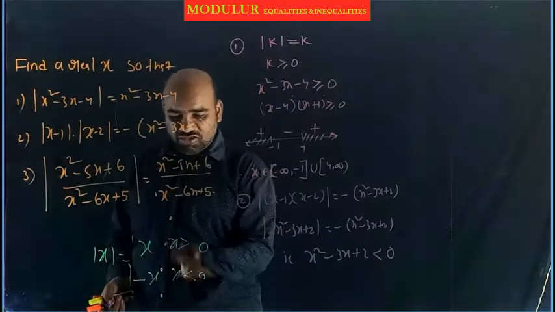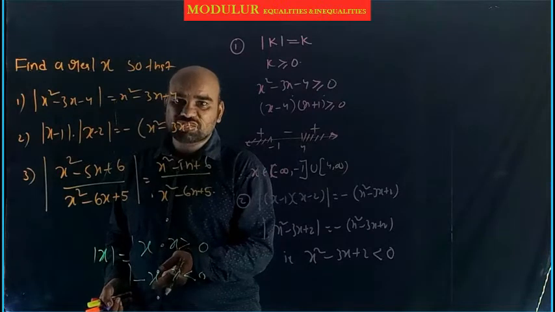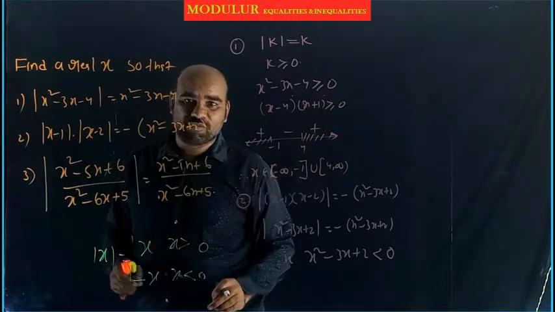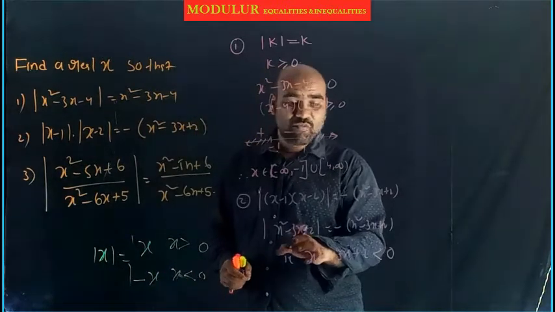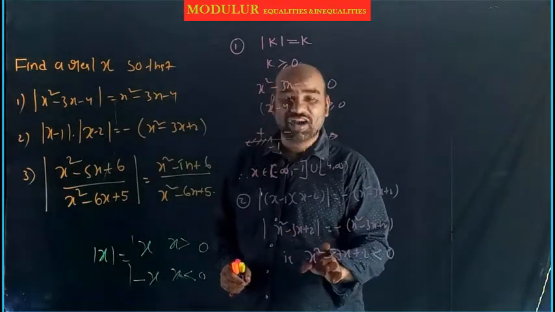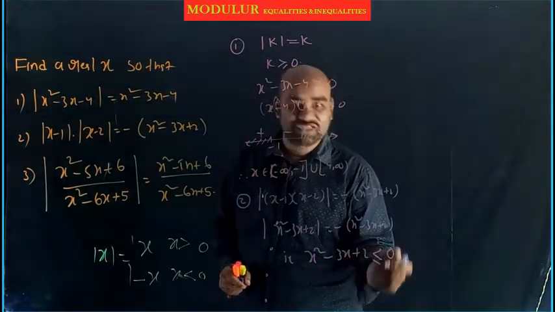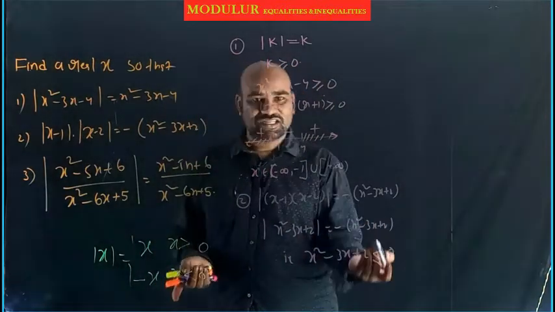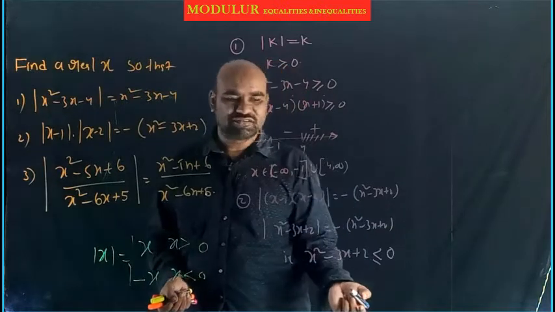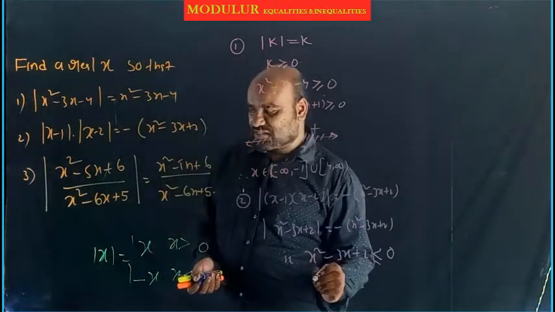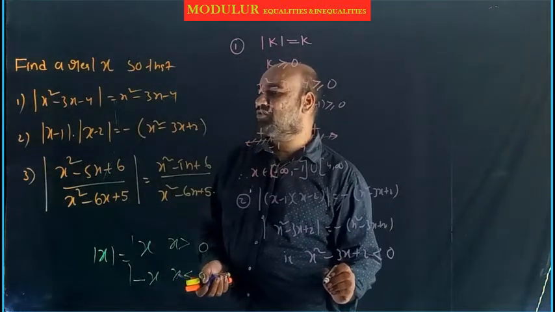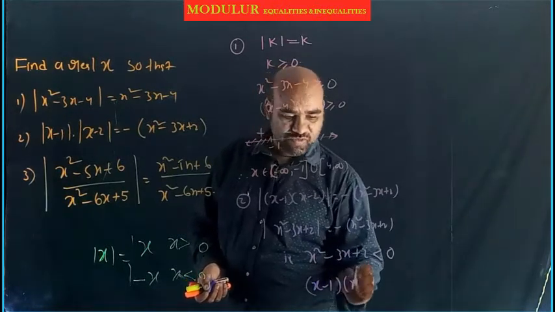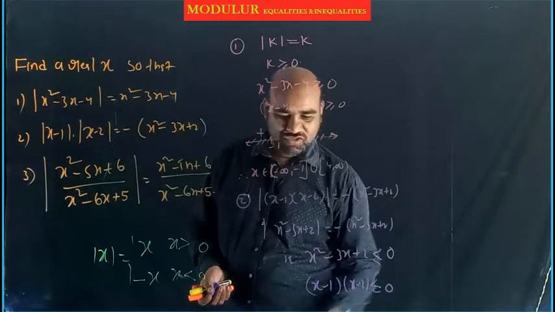Because put x equal to 0 here, you get 0 only. X equal to 0 gives 0 also. So you can add equality here or here, that is not a big problem. Mod k equal to minus k means k is less than or equal to 0. Important, don't think that it is only less than 0, less than or equal to 0 is not wrong. This is nothing but factors: x minus 1 into x minus 2 is less than or equal to 0.